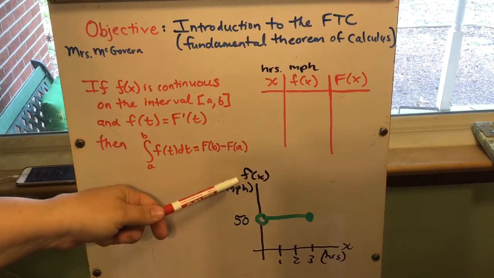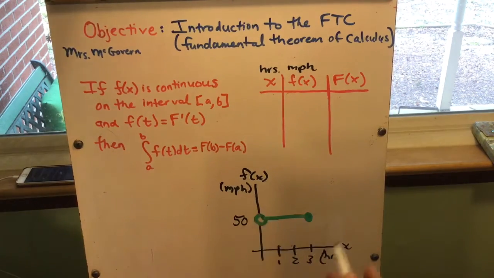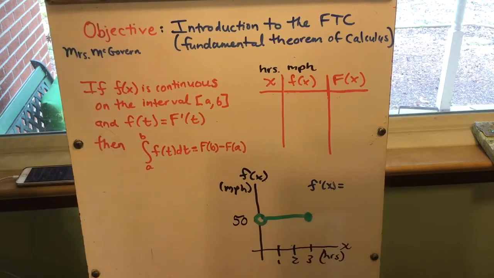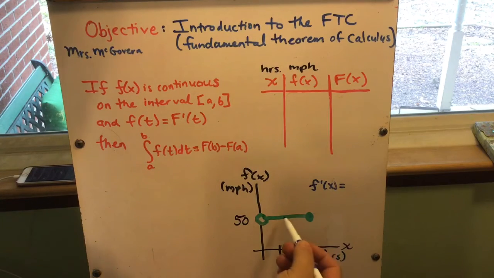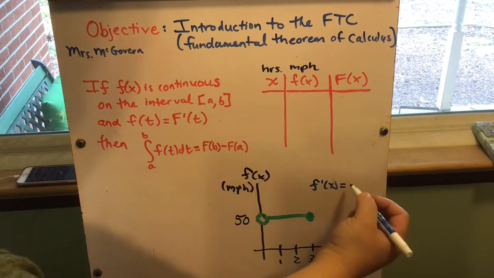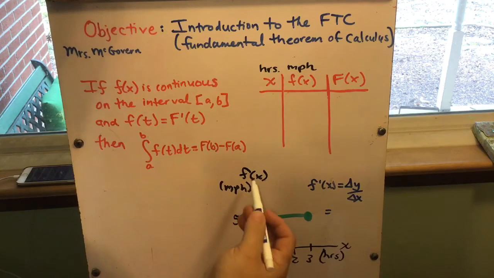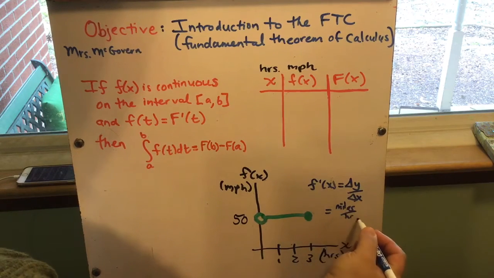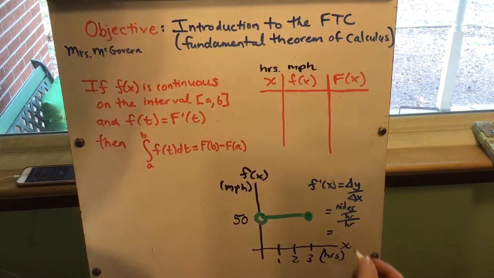So you do have to first understand that the f's mean different things. If we look at this graph of little f, and we're going to call it a velocity versus time graph, we already know what the derivative of little f would be in terms of its label. Derivatives in general are the slope of a curve at any one point. So the derivative here is change in y over change in x, which is miles per hour over hours,